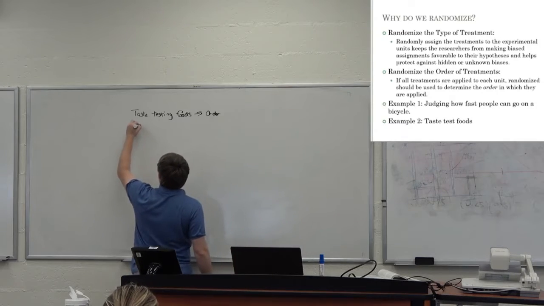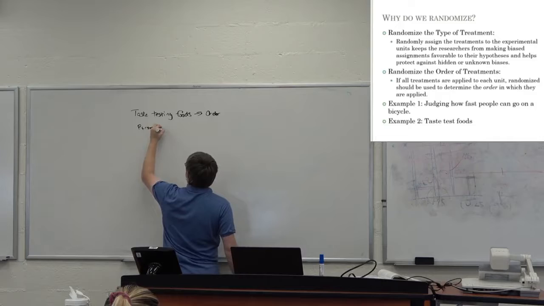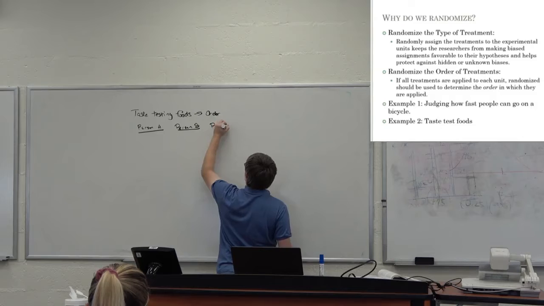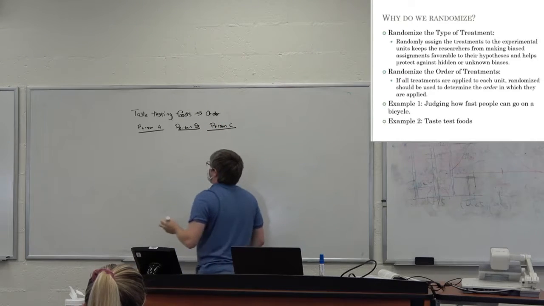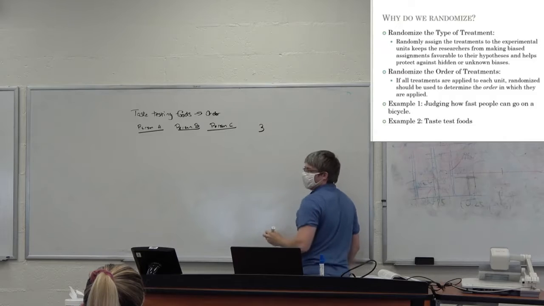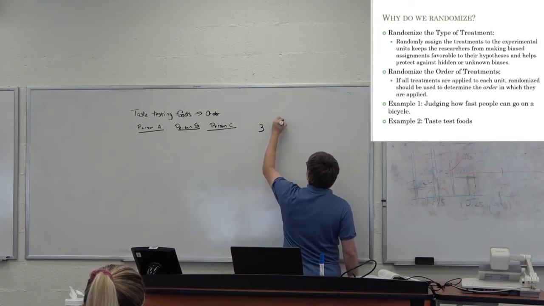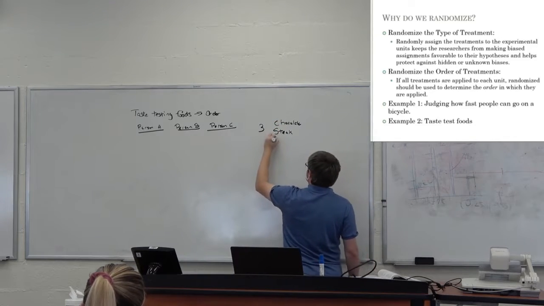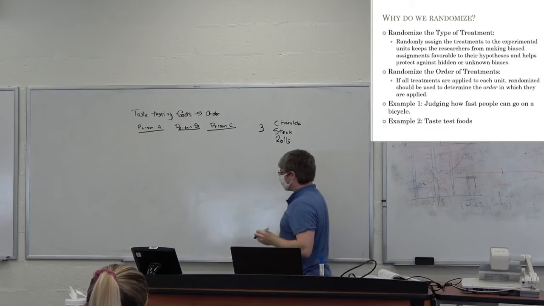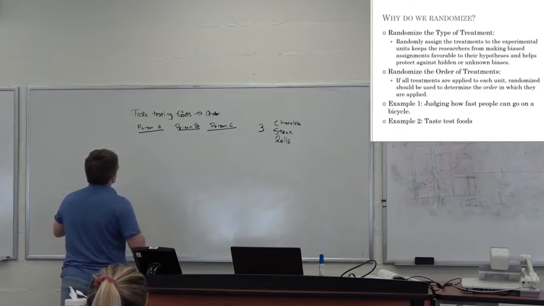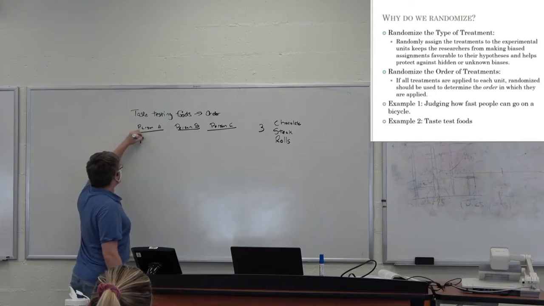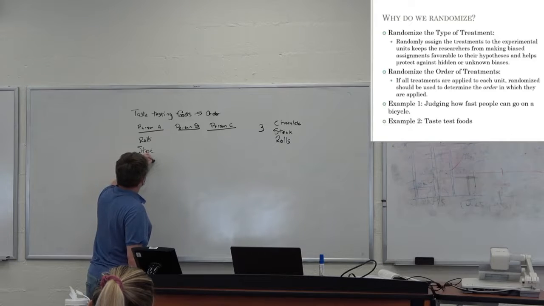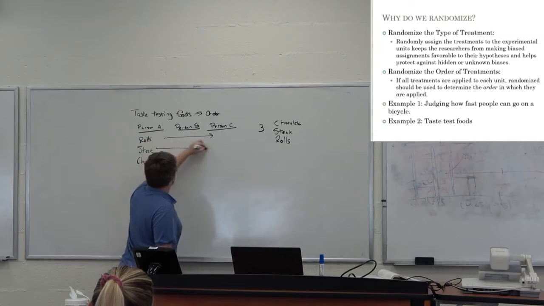Suppose we have person A, person B, and then person C. And person A, we have 3 foods we want to try out. So we want to try out the chocolate, the steak, and the rolls. And if I give every single person rolls, then steak, then chocolate, and this goes all the way down, they each get the same order,